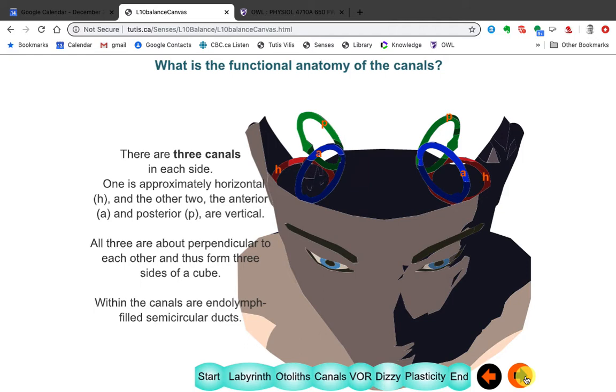Okay, we'll move on to the canals. Again, they're the ones that measure rotation, when your head rotates from side to side, or your whole body rotates. There are 6 canals in total, 3 on one side, 3 on the other. Notice that each canal is perpendicular to each other. So you can fit a box in here, and the box will form the bottom and the two sides of these canals. The same thing here: you place a box in here,